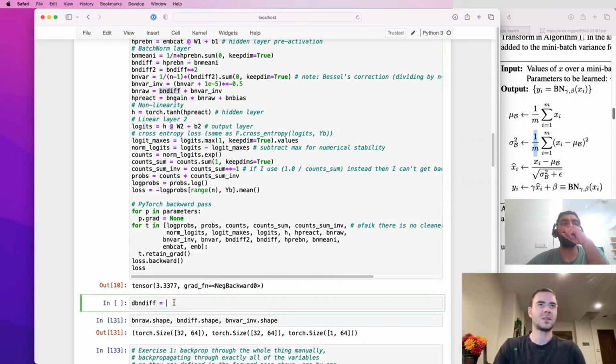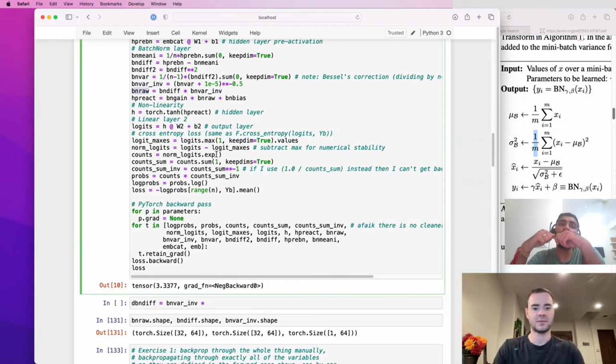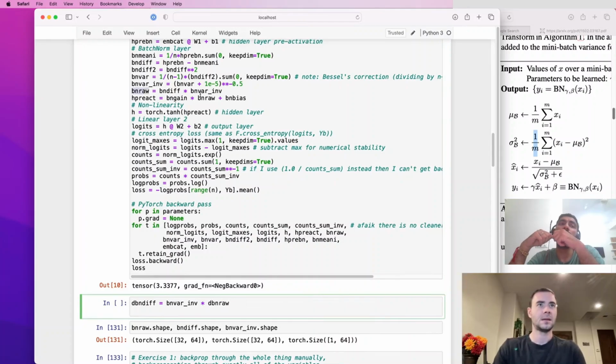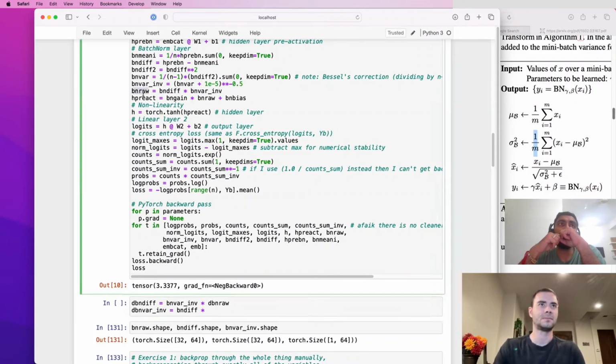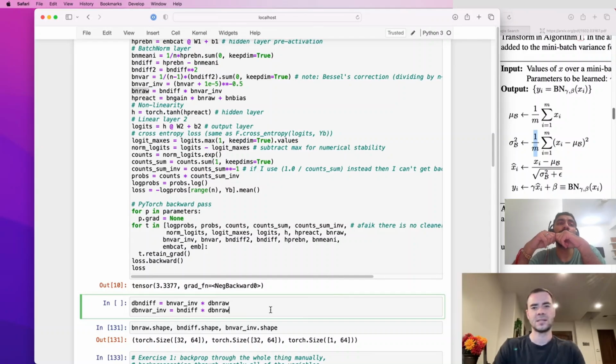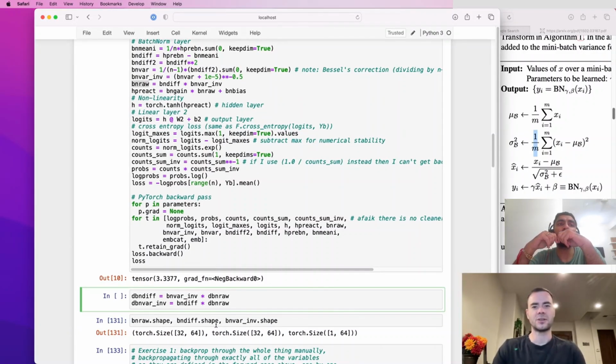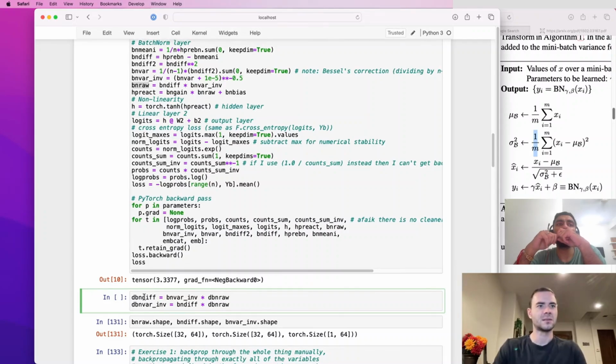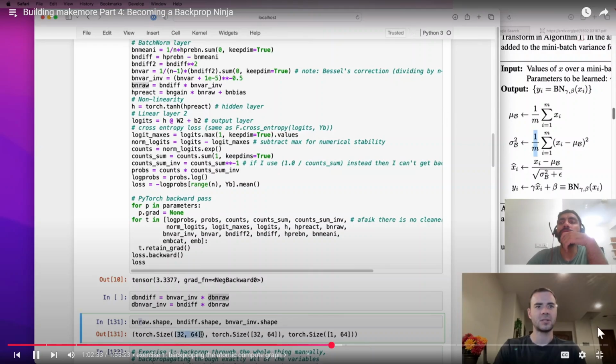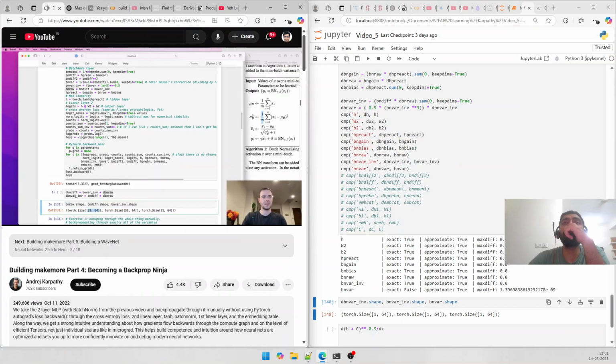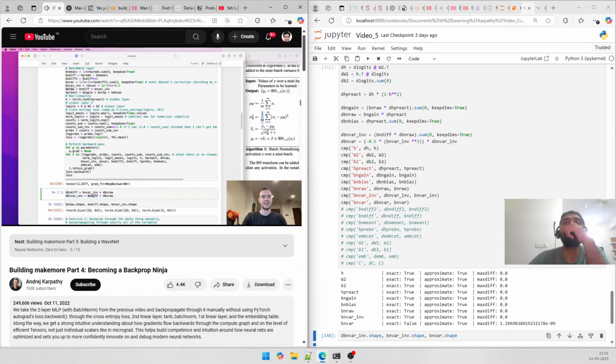To get d Bn diff, we know that this is just Bn var inv multiplied with d Bn raw. And conversely, to get d Bn var inv, we need to take Bn diff and multiply that by d Bn raw. So this is the candidate, but of course we need to make sure that broadcasting is obeyed. So in particular, Bn var inv multiplying with d Bn raw will be okay and give us 32 by 64 as we expect. But d Bn var inv would be taking a 32 by 64, multiplying it by